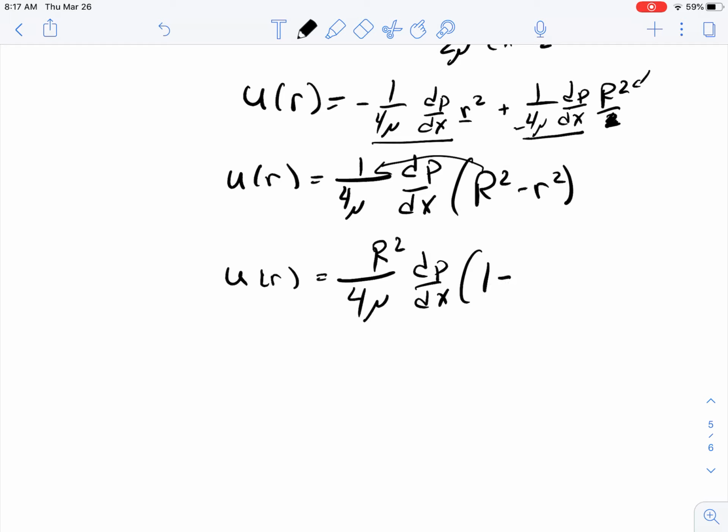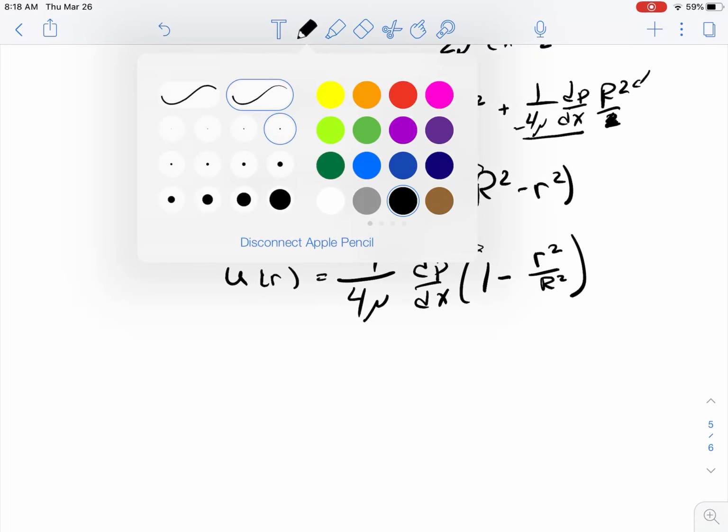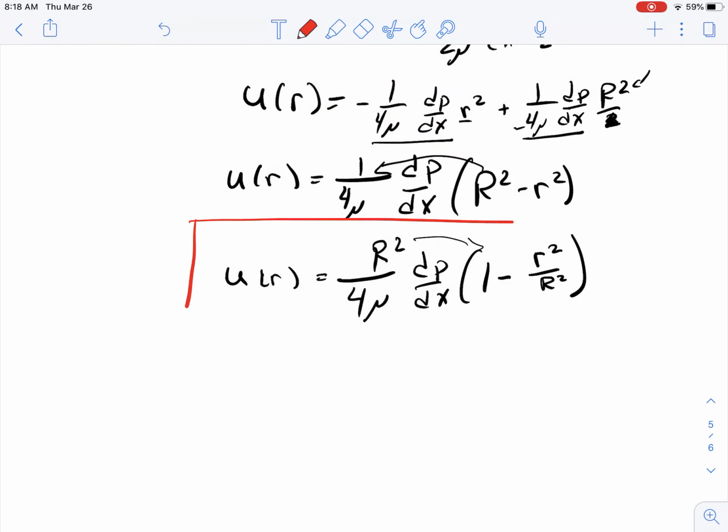So we get 1 minus little r squared over big R squared. So if you distribute that R again back into here, you'll see you have big R squared minus little r squared. So that's our solution for the velocity profile